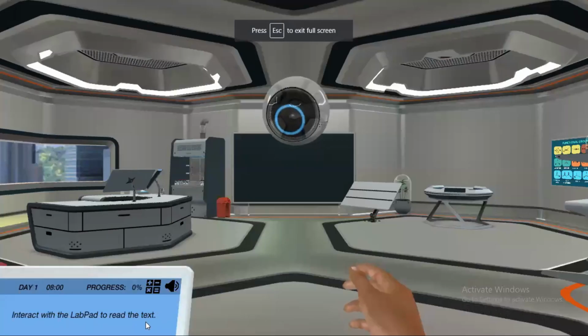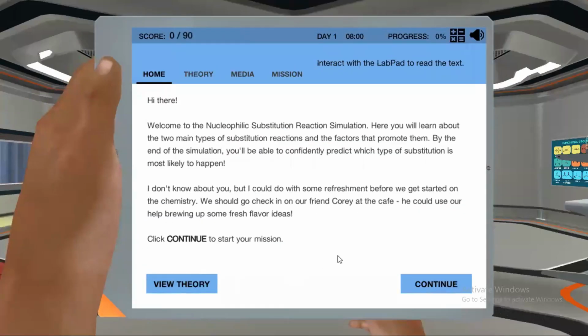Welcome to the Nucleophilic Substitution reaction simulation. Here you will learn about the two main types of substitution reactions and the factors that promote them. By the end of the simulation, you will be able to confidently predict which type of substitution is most likely to happen. I don't know about you, but I could do with some refreshment before we get started on the